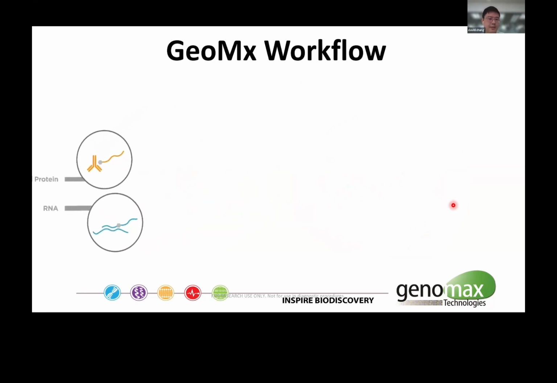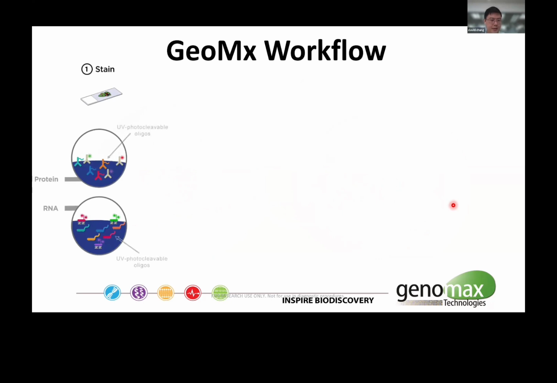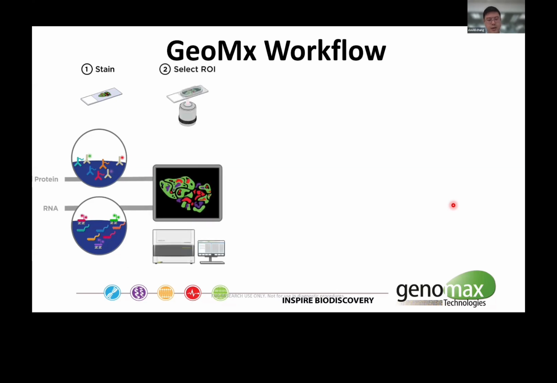So basically, you add this, you incubate it on the tissue, and then stain them under the microscope on the instrument. So from imaging reagents, you'll be able to get the ISC image. So from there, you can actually pick, based on the morphological marker of different cell types on the tissue,